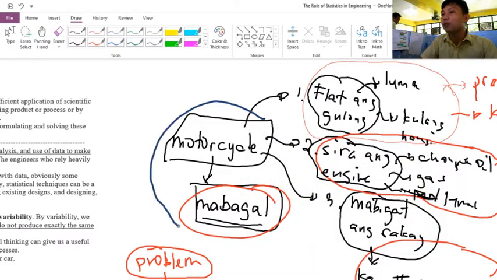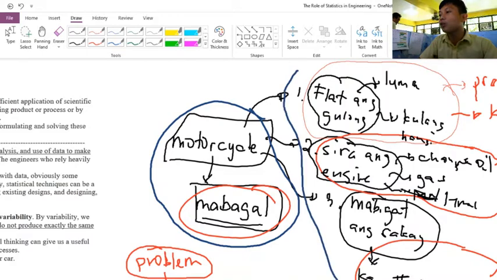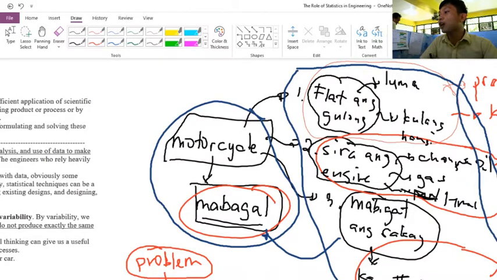First we start with the problem, no? The problem, and then we diagnose, we list down what could be the factors that affect the problem, which is mabagal. And from those we further analyze and we gather data based on the following. And then from those data that we gathered, kasi makukuha natin dyan. So, from data that na-gather natin, we can draw conclusions. Yun na yun. So, that is addressing the problem.